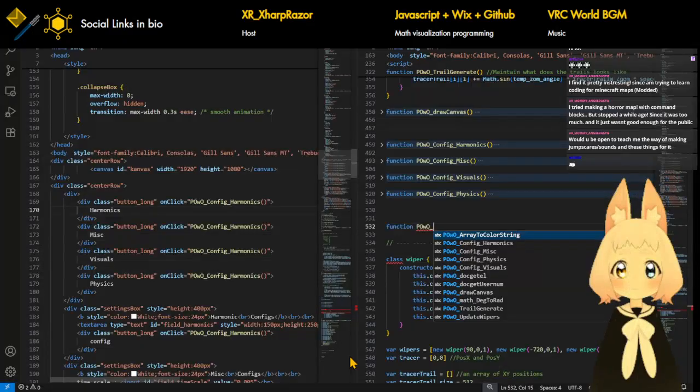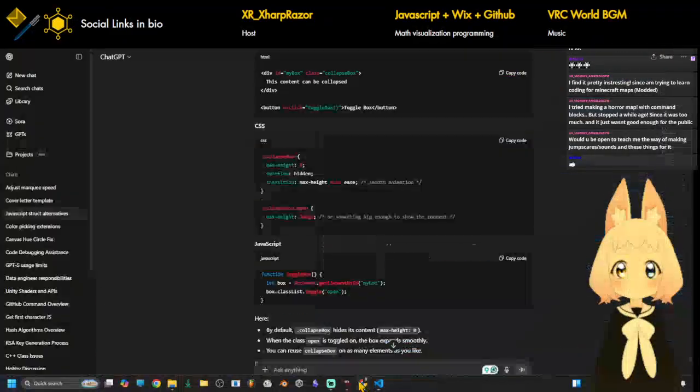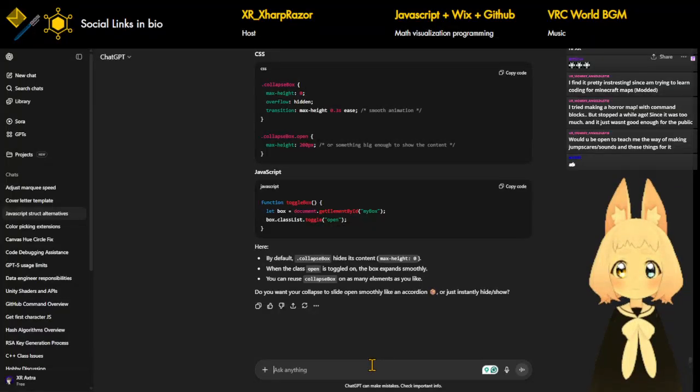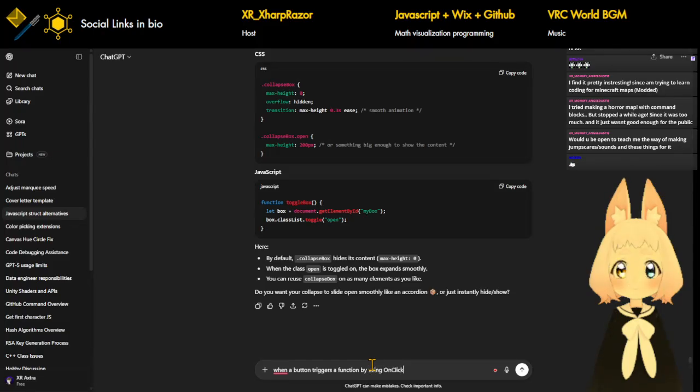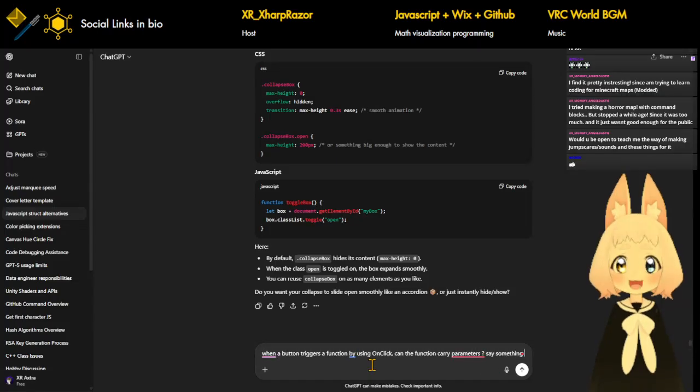Let me ask, in Java, oh wait, no. When a button triggers a function by using onClick, can the function carry parameters, say something like